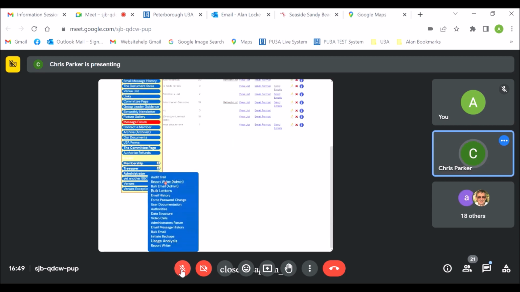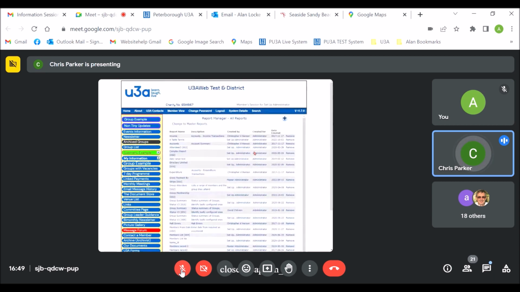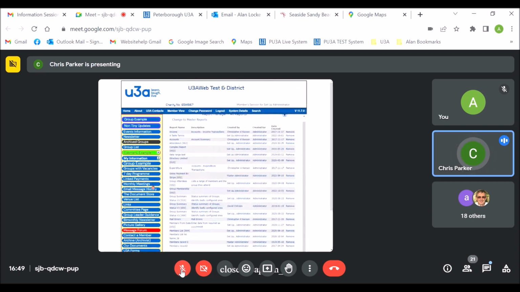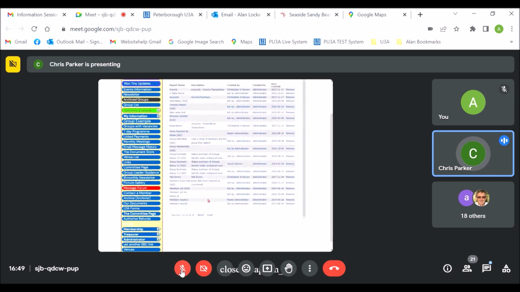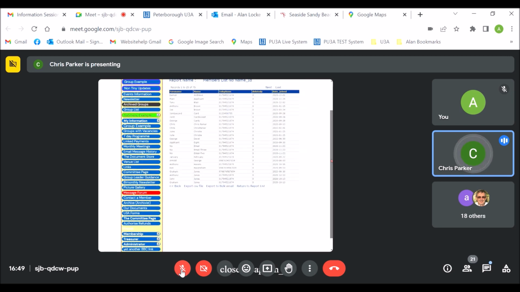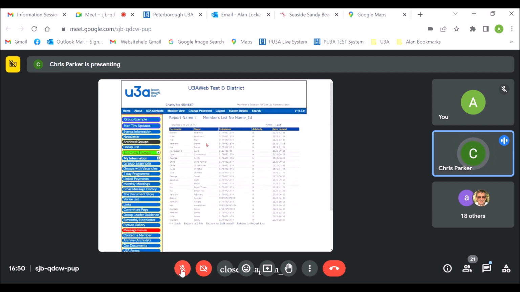Okay. Right. So what you've got in the report writer. I don't know whether we can just run, see if this one will work. Any report you run that contains the name ID from the tutor table, this one does, you get a link here called export to bulk email. Once you've run the report, there's 75 people who've come out of this. So if you want to send an email to those 75 people, you